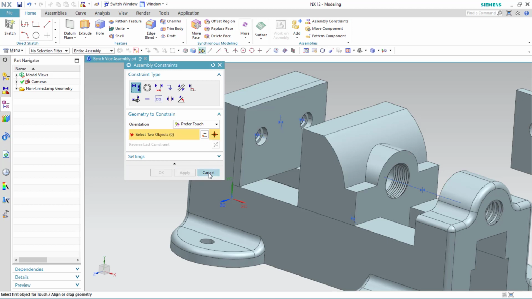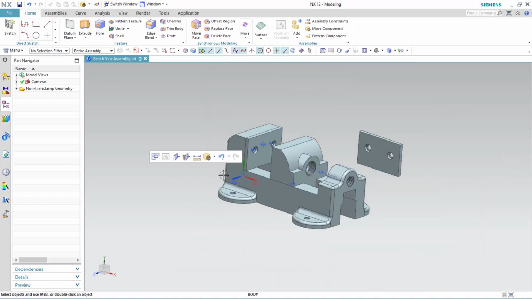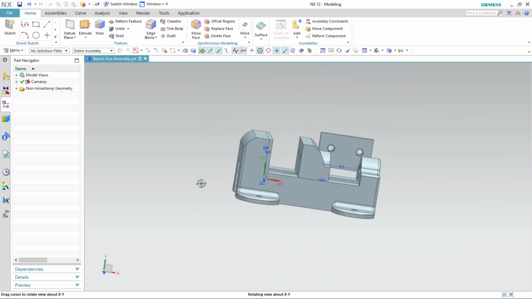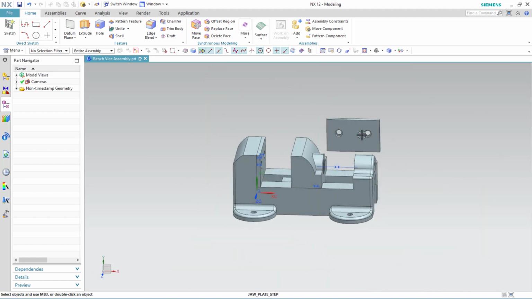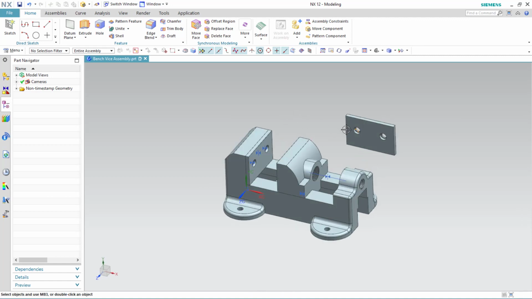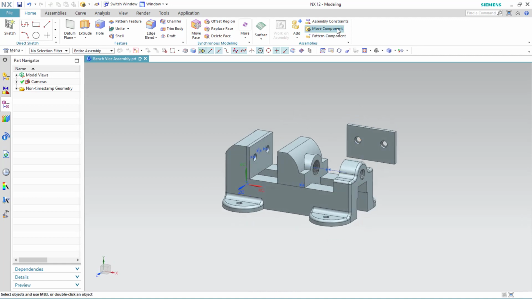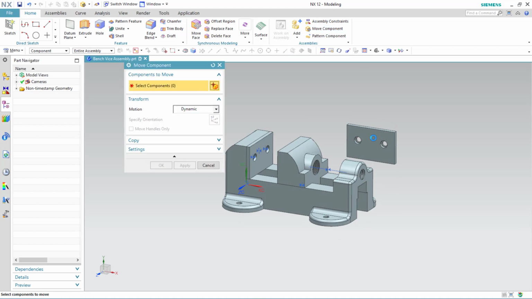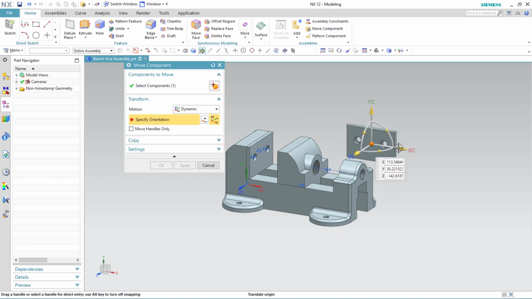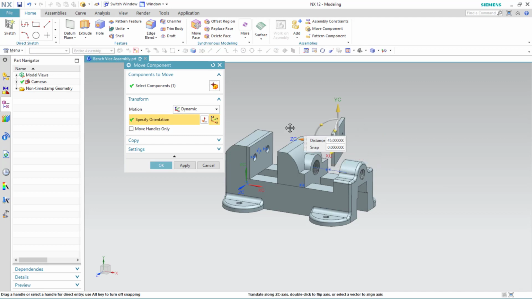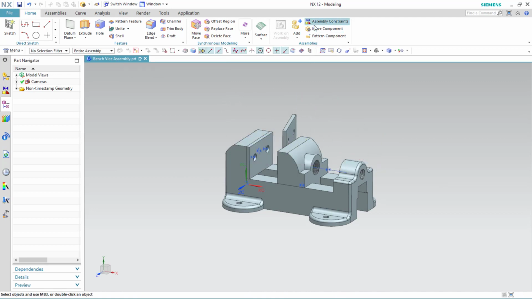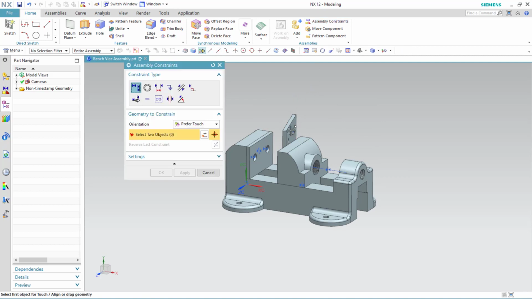I can even use the same assembly constraint to assemble one more, or else you can again cancel that particular tool tab. And let me just rotate this component here and use the move component. Activate the compass by just selecting the specify orientation, rotate your component according to the requirement, and move it like this. And now activate the assembly constraint and just select the